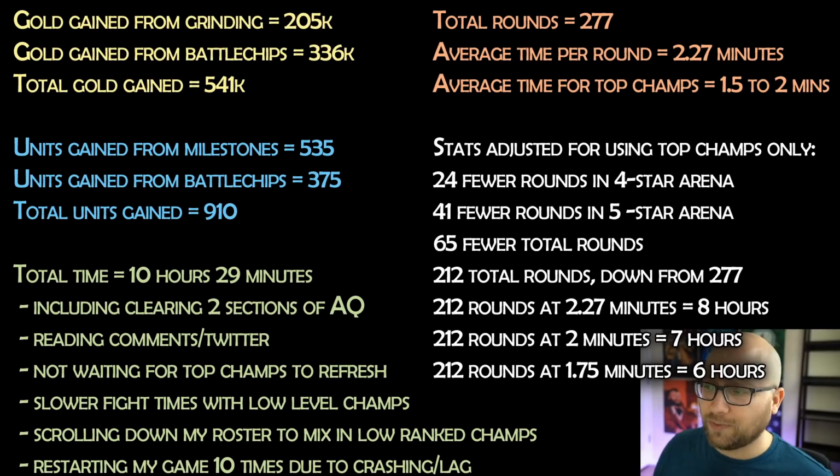I'm actually going to hide the game to make these stats as visible as possible. There's a lot to go through here, so hopefully it's visible enough. Let's start at the top left corner with the gold gained. 3 lines there. First is the gold gained from grinding. This is not including opening up the arena crystals with my battle chips. So it's 205,000 gold just from the milestones and the little bit of gold that you get for winning the individual fights. Then when I opened up the arena crystals, I gained an additional 336,000 gold. And then the total gold gained came out to